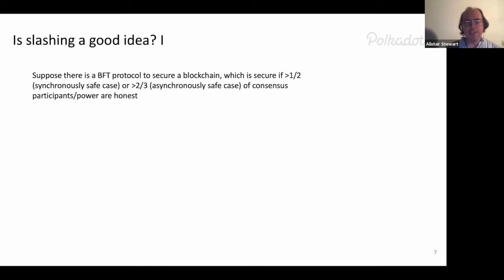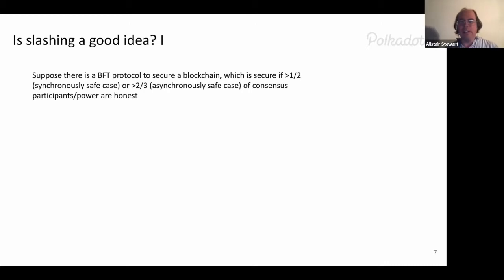So we try and design a Byzantine fault tolerant protocol, and basically what that means is if up to, say, a third or even nearly a half of participants can just do anything whatsoever, it still works, as long as 1/2 or 2/3 of people are honest. And these particular numbers depend on what your assumptions about the network are. If you can assume everyone has a synchronous connection, then just over 1/2 of honest people is enough to make it work.